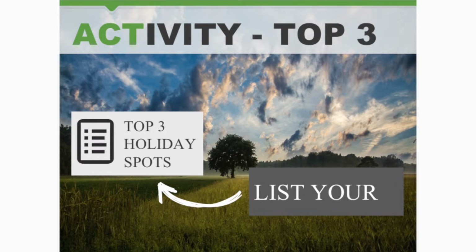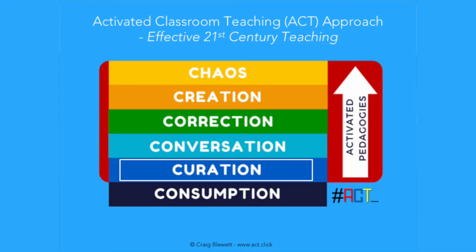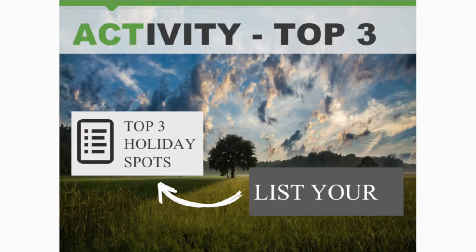That was so easy. So, what we were doing there is you were curating. As soon as someone asks you to do something like that, it's like, oh man, my brain's like, wow, what 3? No, not 3. And it's actually difficult because your brain is running through all of these things and trying to decide, out of all the places I've been to, so many, how do I choose 3? And that's the power of curating, because immediately it's forcing you to make decisions, forcing you to categorize, forcing you to order. Doesn't really matter how you do it.